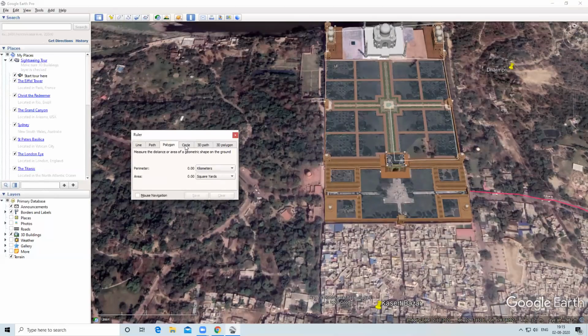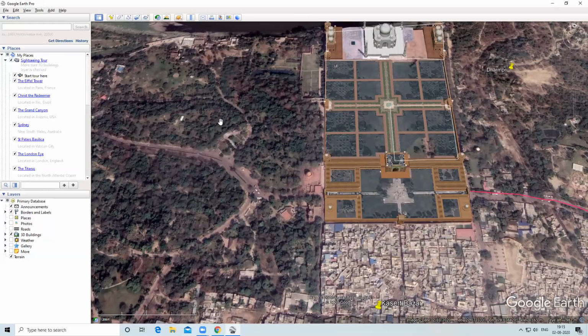Again, if you want to draw a circle, we can draw a circle from here and we can measure the distance of a circle also. This way you can try all the tools. I'm cancelling and closing it. After that,